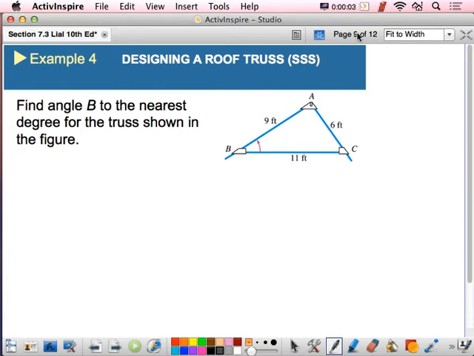Okay, so for example 4, we want to find the angle B to the nearest degree for the truss shown in the figure. Do you guys know what a truss is? We had this conversation. What is it? Something on the roof. The truss is what holds its support for the roof. It is. It's when you see a house that's being built and you just have the frame, it's the triangular